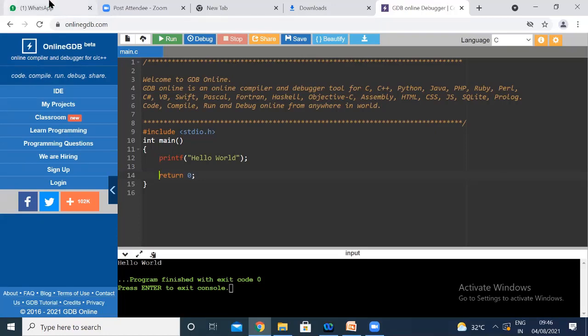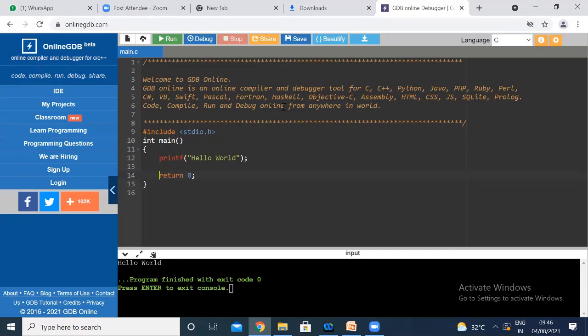Now let us do some questions on these operators only. Shall I continue with operators, or can I go with if-else statements like selection statements in your C language?